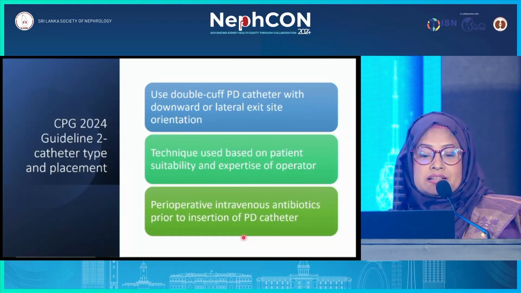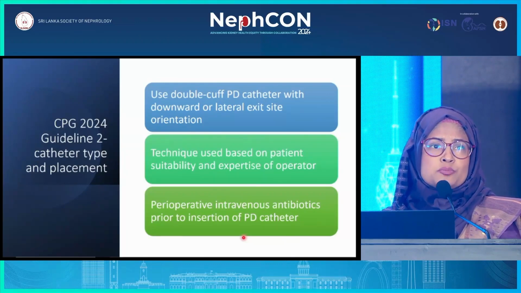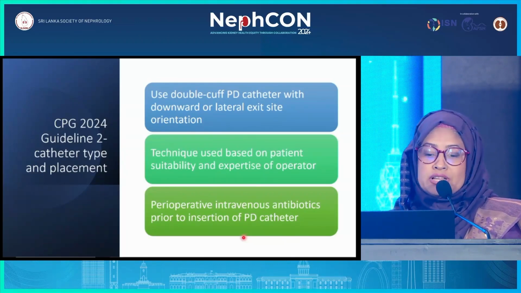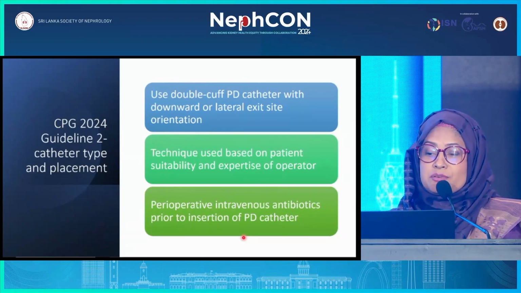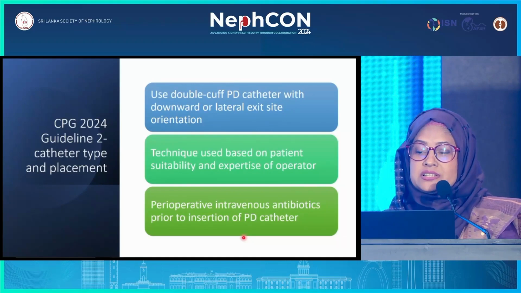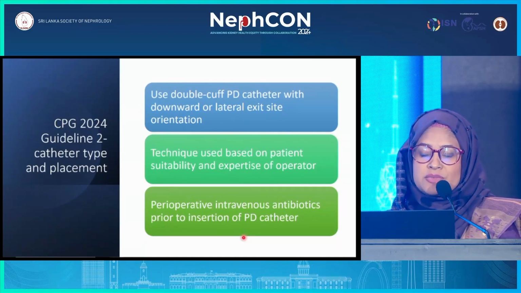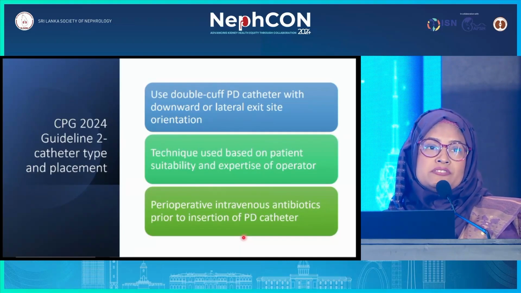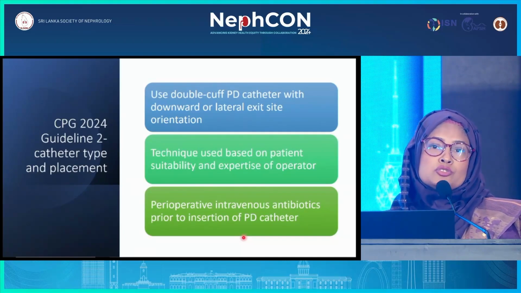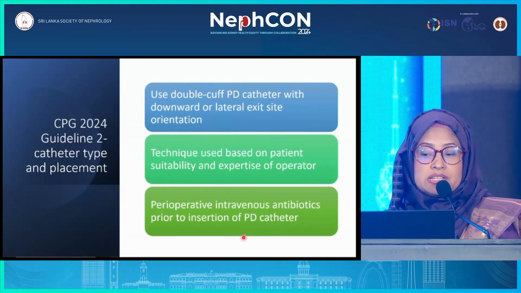And recent ISPD guidelines recommend the catheter should be double cuffed, and the placement should be a downward and lateral exit site orientation. So the deep cuff is anchored within the rectus sheath, and the subcutaneous cuff is in the superficial subcutaneous layer, about 2 to 4 centimeters from the exit site. These two cuffs are believed to reduce infection by acting as a barrier,